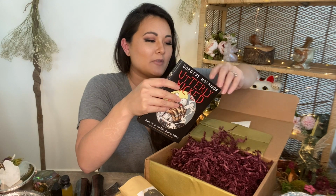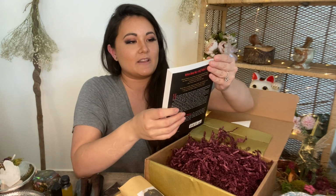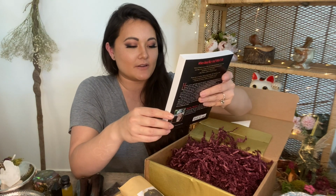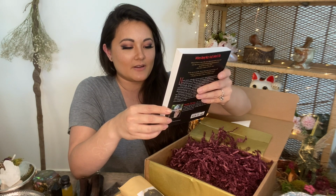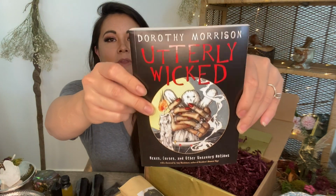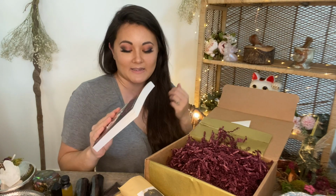another book to add to our witchy library. I will be posting some pictures soon of my little witchy library, but Utterly Wicked by Dorothy Morrison. We have hexes, curses, and other unsavory notions. Very, very cool. I'm so excited to get into this work. I don't usually, and I probably will not ever really work with putting hexes and curses on other people, but